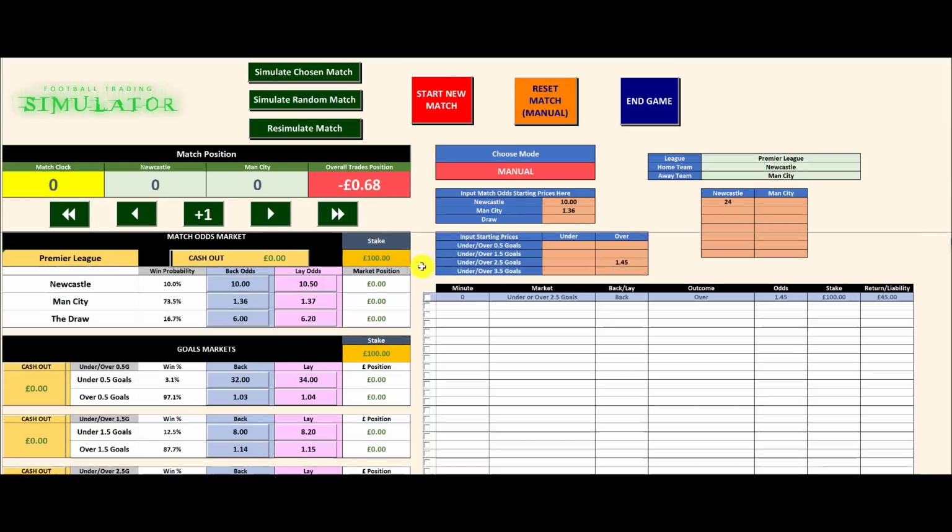And that should now be in. Okay, so now we move the clock forward, and just to kind of show you how the simulator works, it's going to move with the match and with the market, and you can see after 15 minutes, because the price is moving against us, we're looking at minus £13. If we look here at 20 minutes, we're looking at a minus £19 situation there. But we know the goal is scored on the 24th minute, and in the video clip you saw, I cashed out on the 26th minute. So let's see in the 26th minute what the cash out would be just backing from kickoff, 100% of our stake. And you can see the cash out that would have been available to us would have been £9.